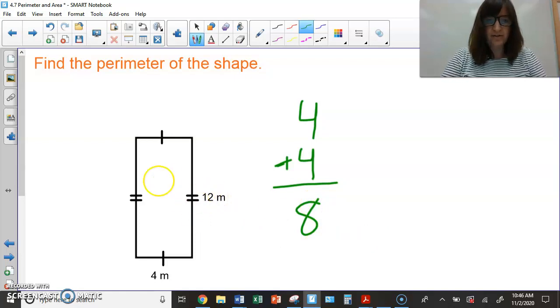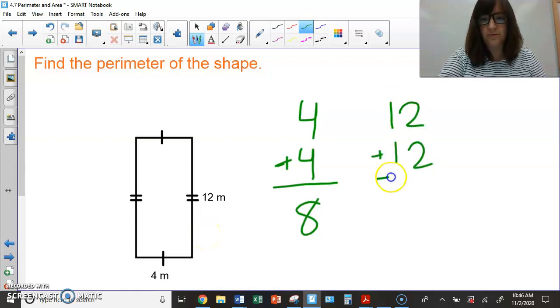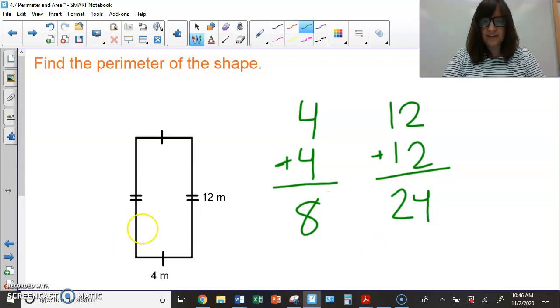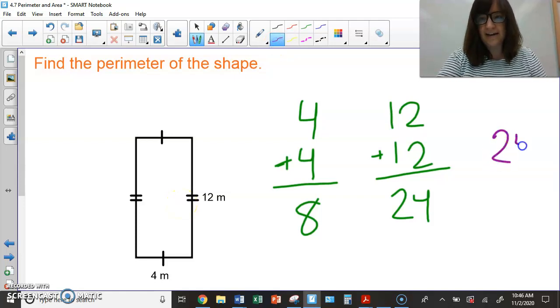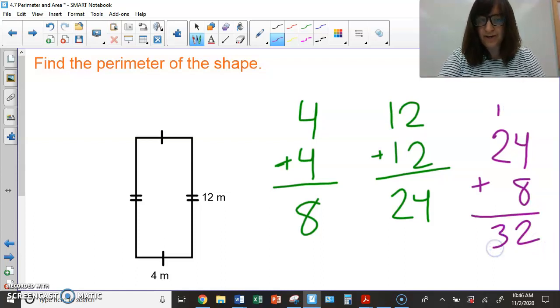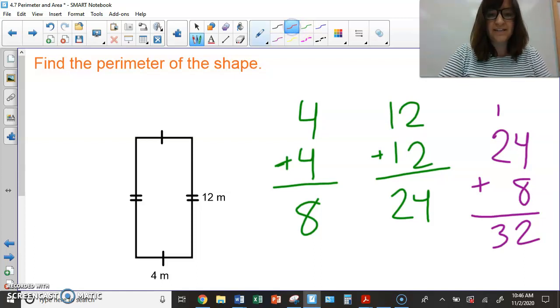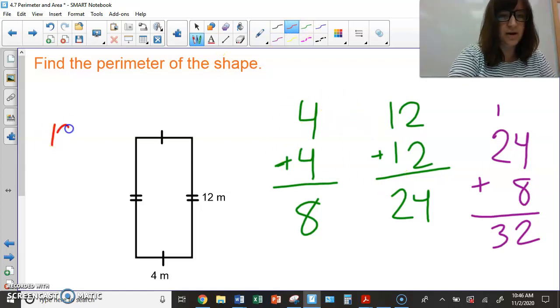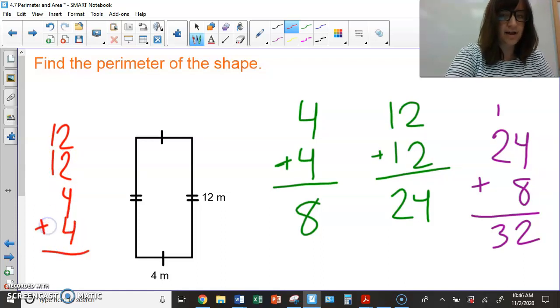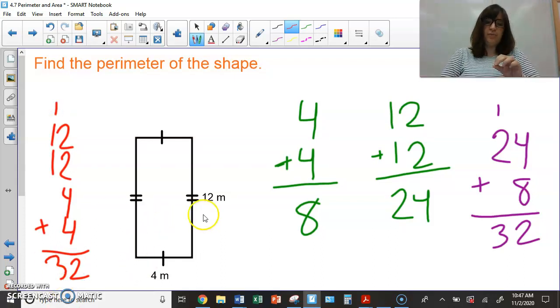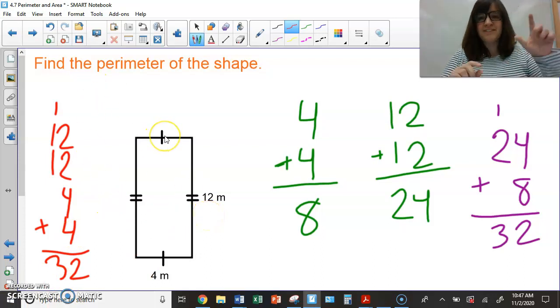If this side is 12 and this side is 12, then I'm going to add 12 plus 12 equals 24. Okay, well that tells me the lengths of these 2 sides, and that tells me the lengths of these 2 sides. So I could go ahead and add up 24 plus 8, which would be 32. I could also, instead of adding them up separately like that, have said 12 plus 12 plus 4 plus 4. If I added them all up, I would have still gotten 32. Or you could have added 4 plus 12 is 16, and then this 4 plus 12 is 16, and added 2